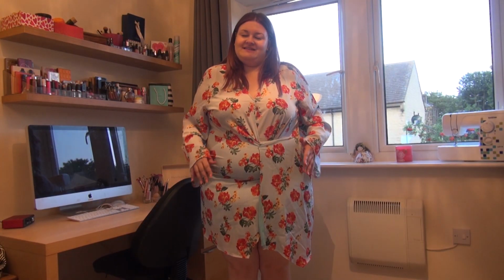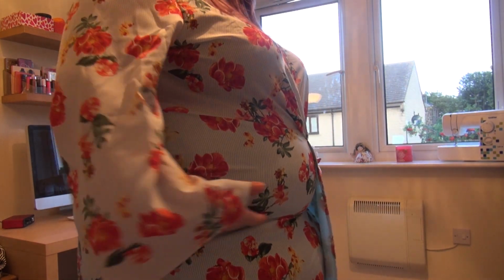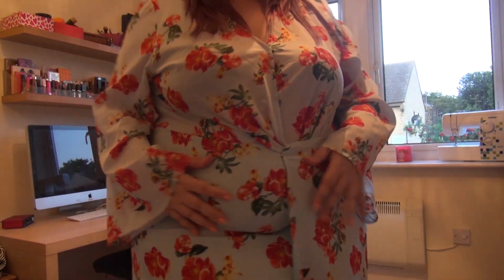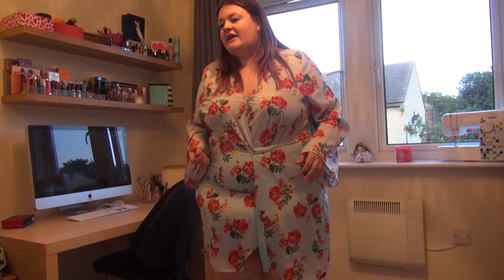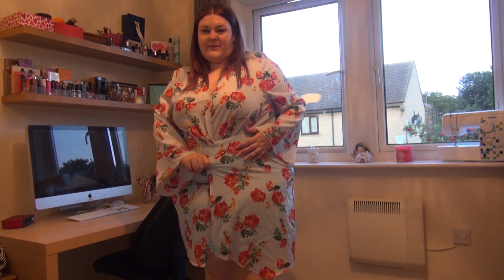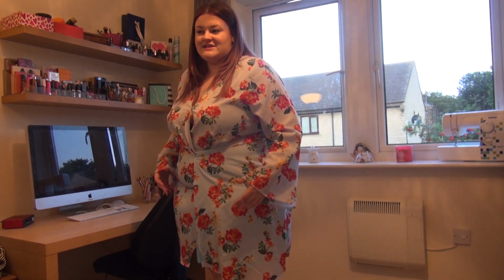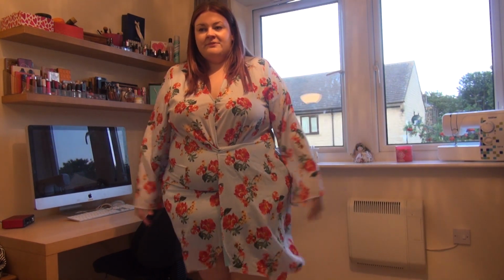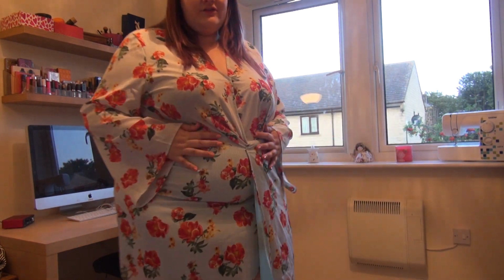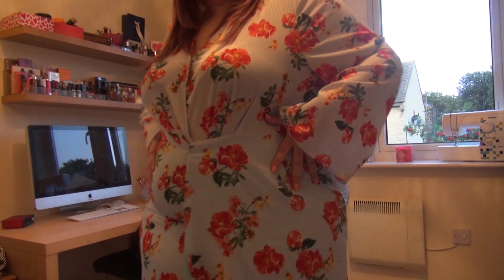So this dress is a definite no for me. You can very clearly see how it is bunching and clinging in the wrong place and just not making me feel the best about myself. Lengthwise it wouldn't be too bad if the split, the wrap, came across a bit more, because at the moment, yeah, it's almost revealing quite a lot to you. The sleeves are nice. I love the design of the dress, the material that they've used, but it is just way